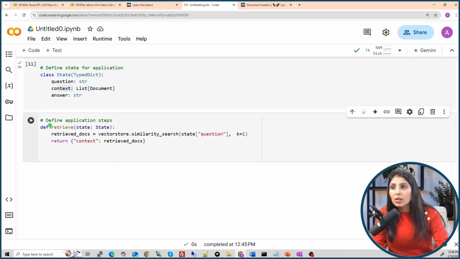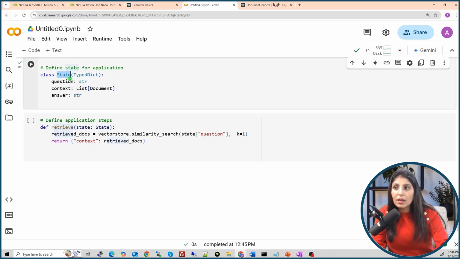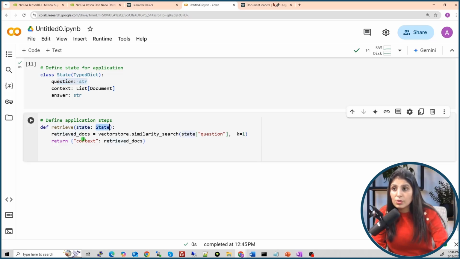So this is the function, retrieve. The function name is retrieve, and we are providing the state to it. So what is there in the state for the retriever? What will be the input to the retriever? Whatever is there in this state will be the input to the retriever. Right now the user asked a question, so what is there in the state? The question which the user asked. That question is in this retriever function. Then from the vector store. Remember, we have used a Chroma database. In this variable we have that Chroma database, right? vector_store.similarity_search.